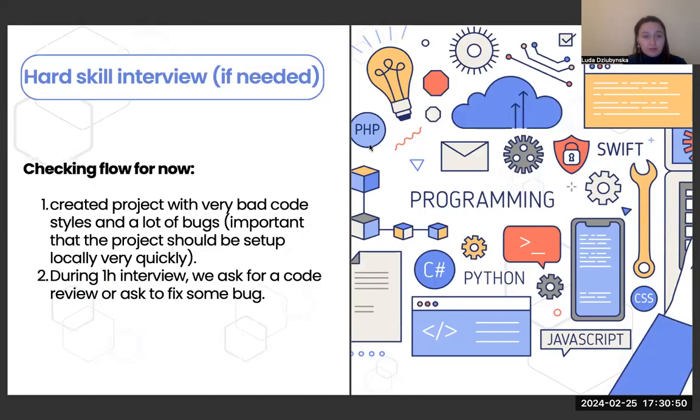Hard skill interview. For hard skills, I will not stay on it for a long time. It really depends on who you are looking for, and the hard skills for each position that I mentioned before are very, very different. What I recommend is that if you don't have enough resources to validate a person, sometimes it's better to delegate. Because I have a lot of cases in my experience when a customer came to me and said,